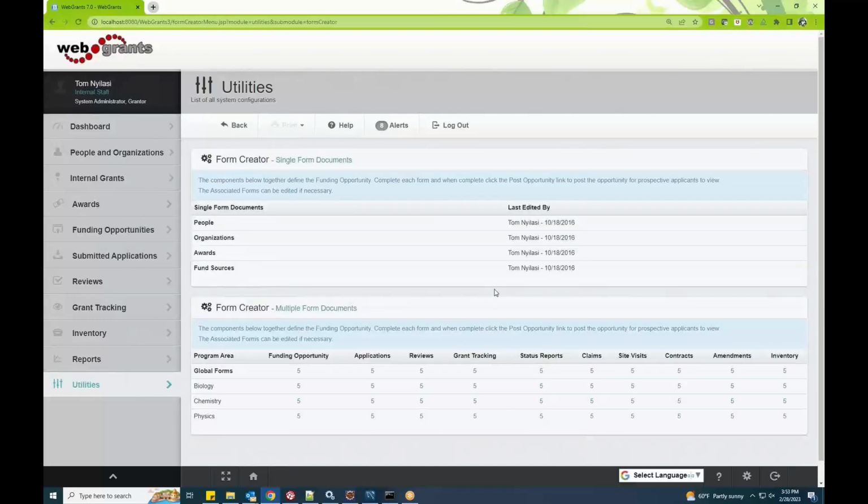The form creator is the tool that allows the system administrator to configure new forms, new fields, or maintain existing forms and existing fields within the system. Here you can modify the person profile, the organization profile, the award, and the fund sources. And then on a per program area basis, you can customize the funding opportunity, application, review, grant, status report, claim,